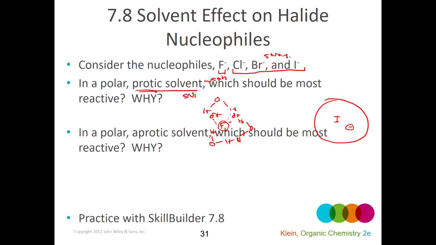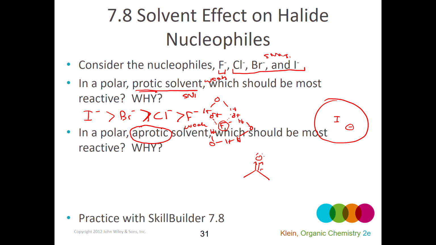So which would be the most reactive here? Iodide would be the most reactive, then bromide, then chloride, then fluoride, as we said, is relatively weak. If I'm working with an aprotic solvent, though, what actually happens experimentally, you can show the reverse occurs. In an aprotic solvent, like for example acetone,